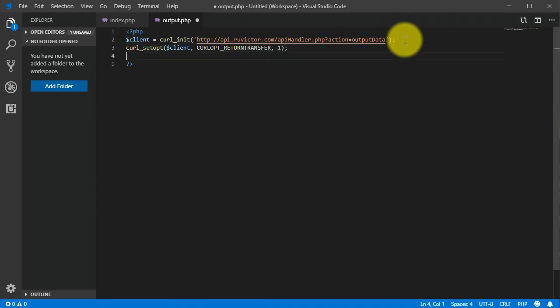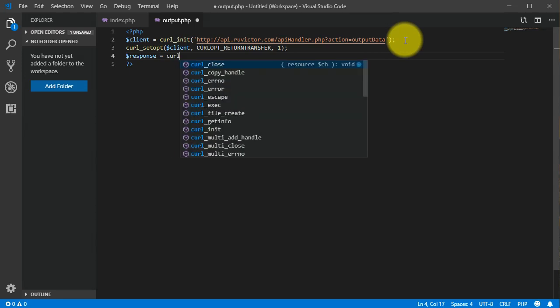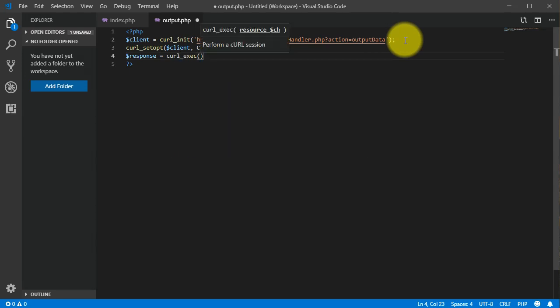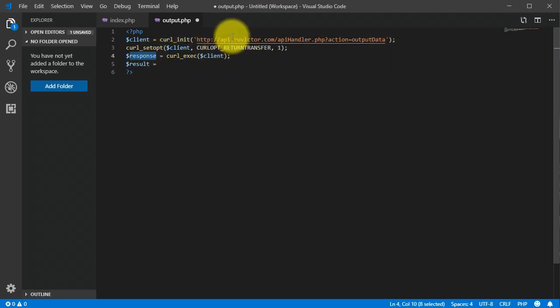So here one, and then here we want to execute this session. We have a response, and we assign it to the response variable. And here we have the client, and then below we assign the response to another variable which is going to be a result. So we have the result variable here, and whenever we get this response from the API, it is in a JSON format, and we have to decode it, and then after that assign it to the result. So here we use a PHP native function which is json_decode,